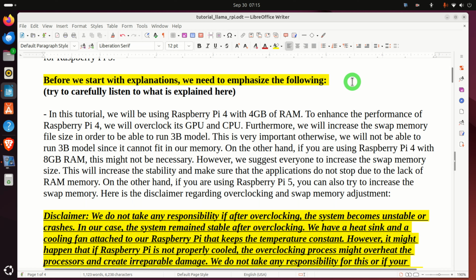But before we start with explanations, we need to emphasize this. First of all, in this tutorial, we will be using Raspberry Pi 4 with 4 GB of RAM. To enhance the performance of Raspberry Pi 4, we will be overclocking its GPU and CPU. Furthermore, we will increase the swap memory file size in order to be able to run the 3 billion parameter model. This is very important, otherwise we will not be able to run the 3 billion parameter model since it cannot fit